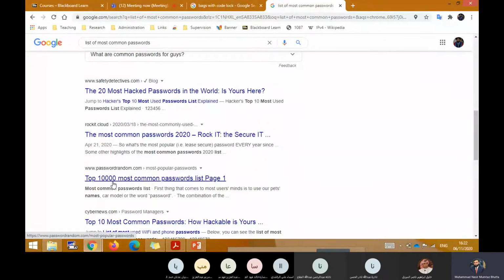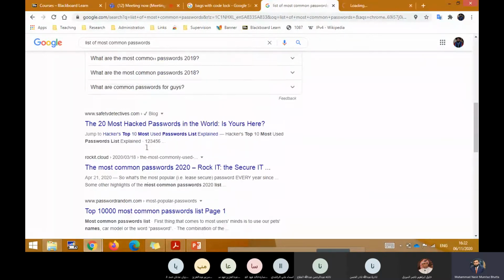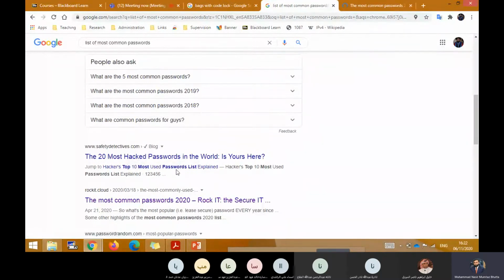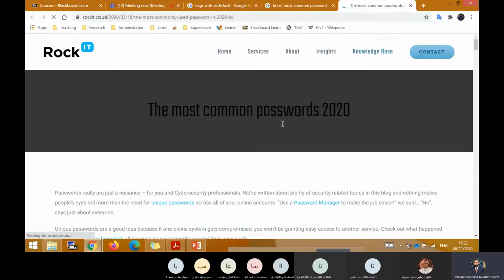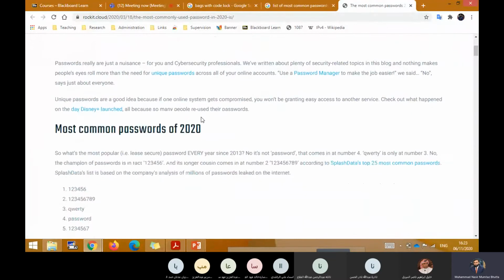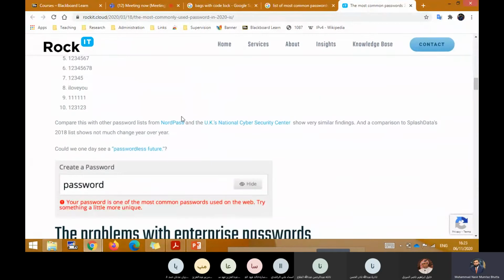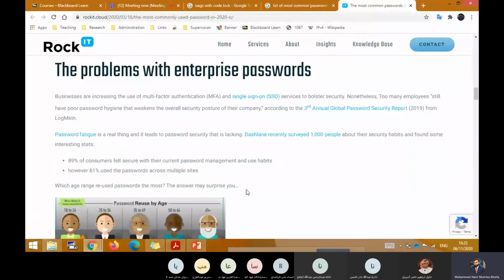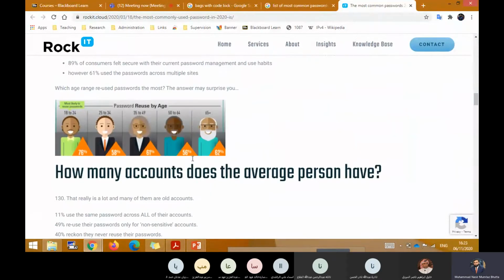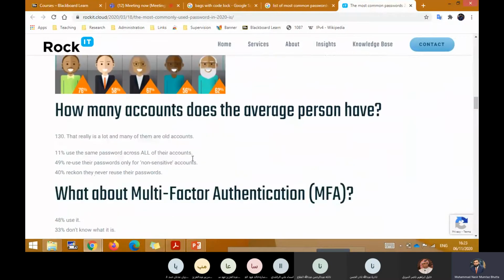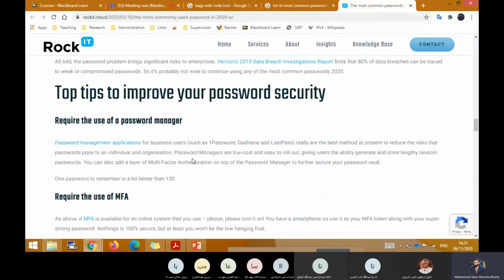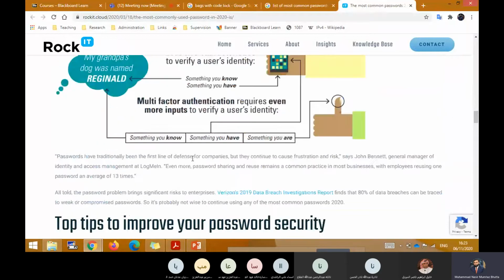See, they are saying 10,000 most common passwords, or they are listing maybe more. So this is one way that you can try these passwords. You can get the list of the most common passwords from people with their different experiences, and you can use those passwords to try on your website. In this way you can hack their websites.